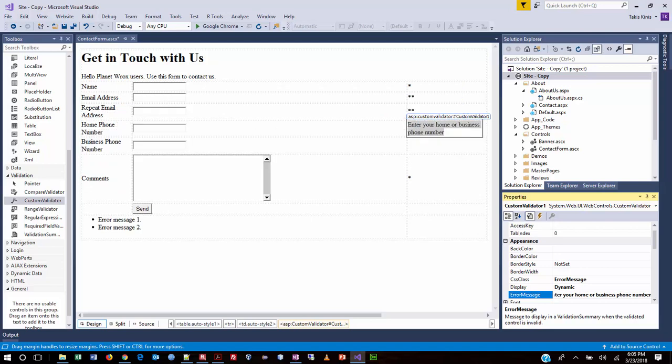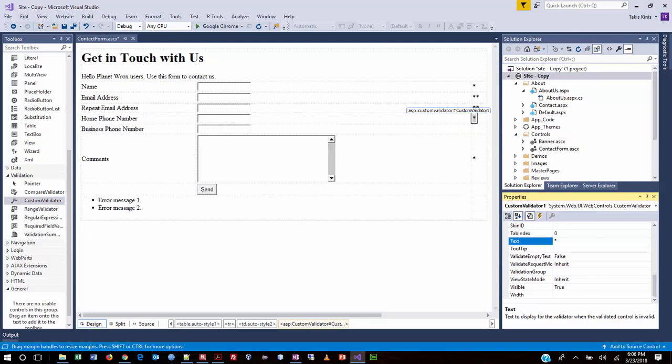In the text property, we want to change that, and I notice I'm in category view here, so I'm going to switch so I can find it faster. And we're just going to put an asterisk in again. And then for the client validation function, we're going to put in validate